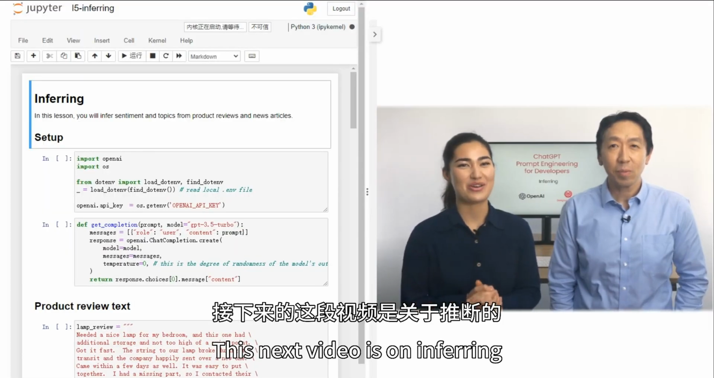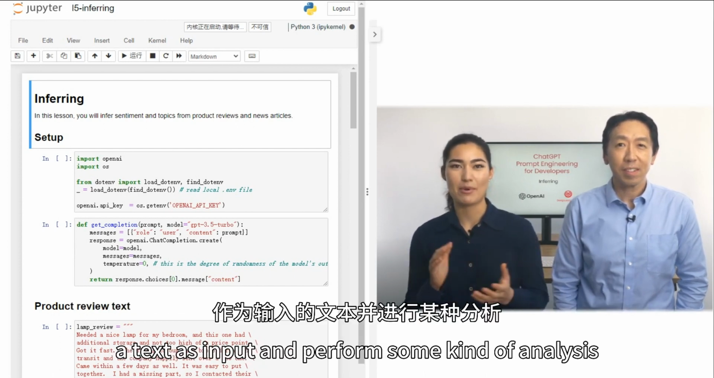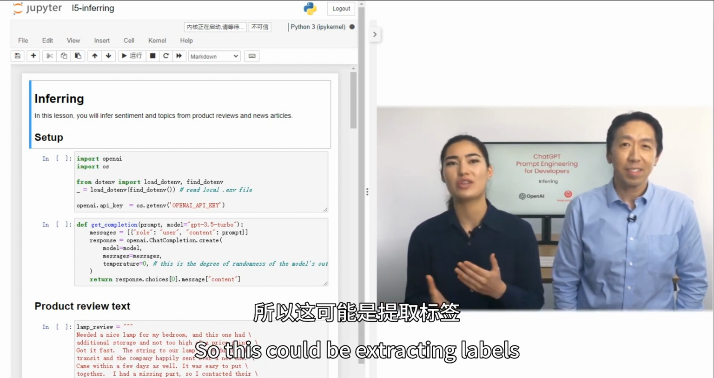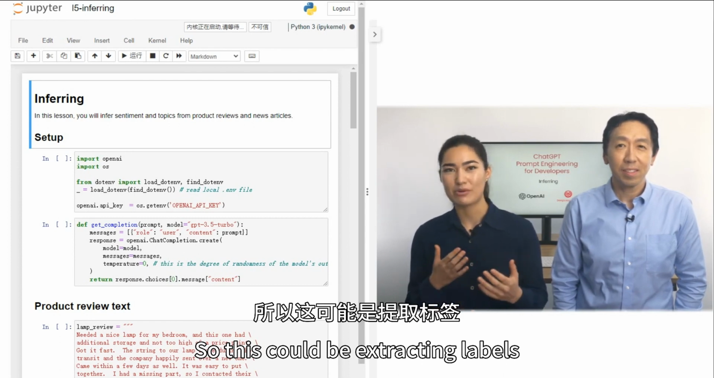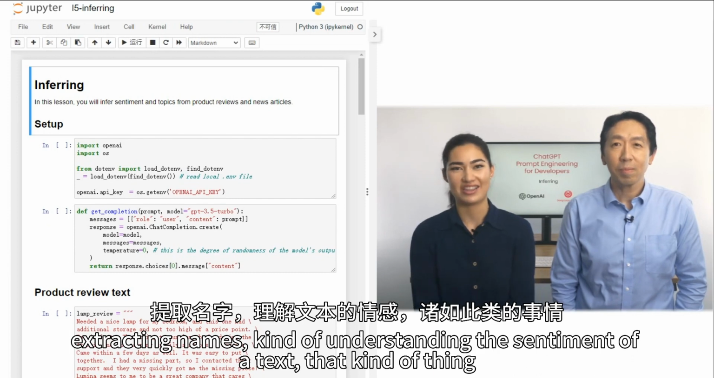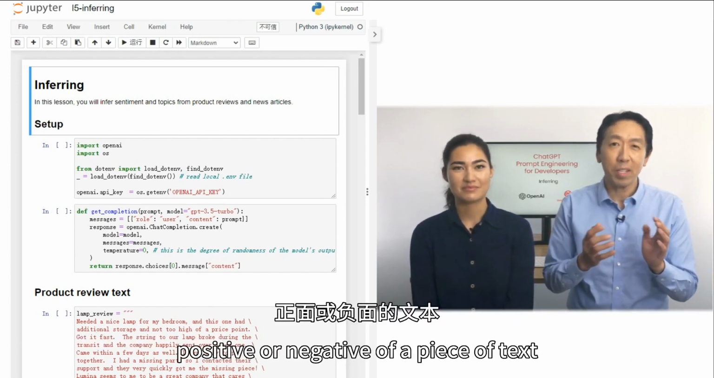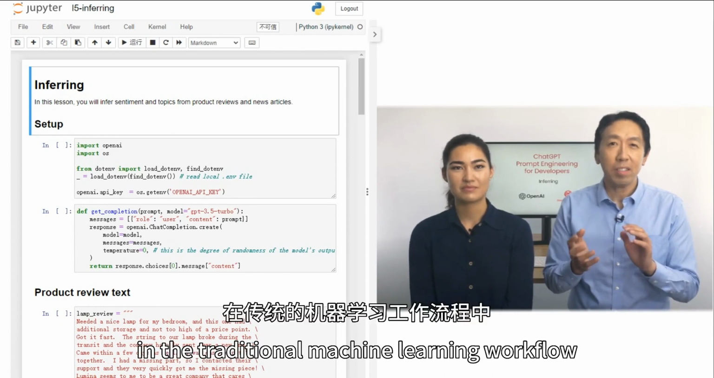This next video is on inferring. I like to think of these tasks where the model takes a text as input and performs some kind of analysis. So this could be extracting labels, extracting names, understanding the sentiment of a text, that kind of thing. So if you want to extract the sentiment, positive or negative, of a piece of text,